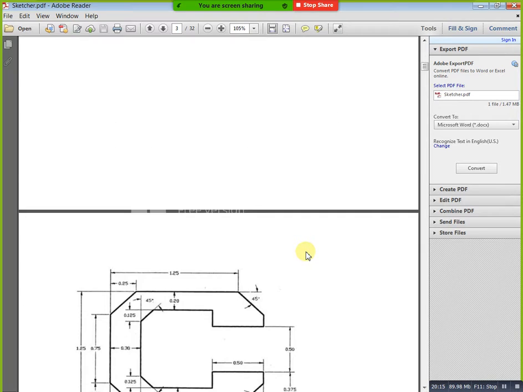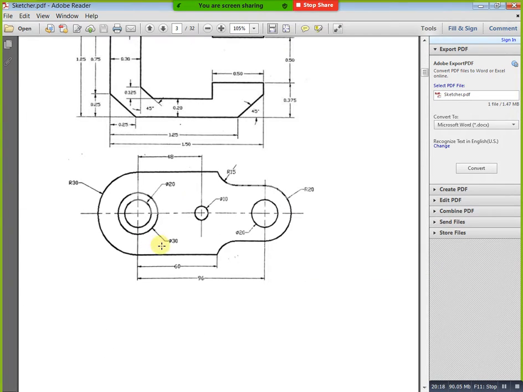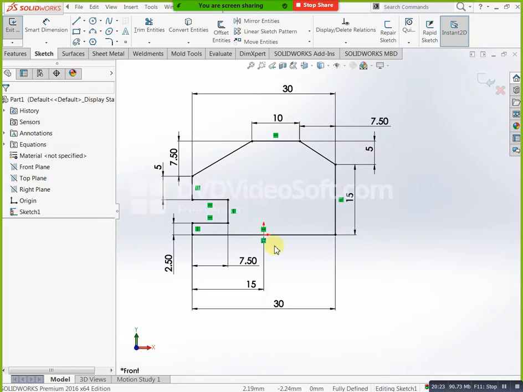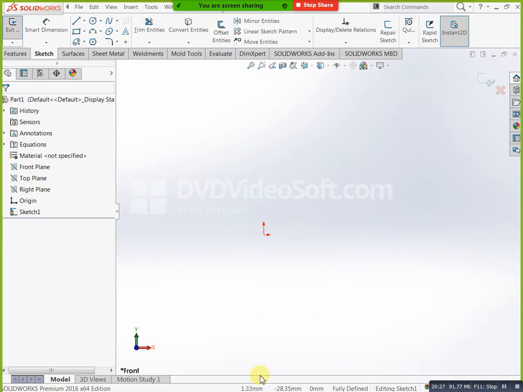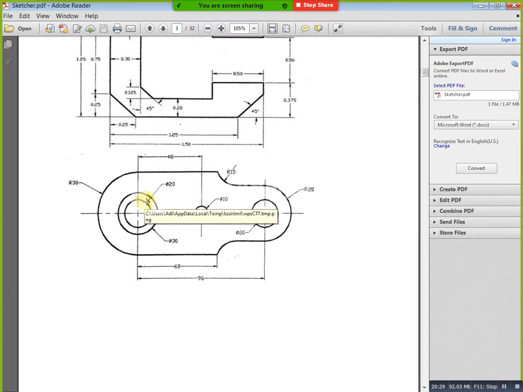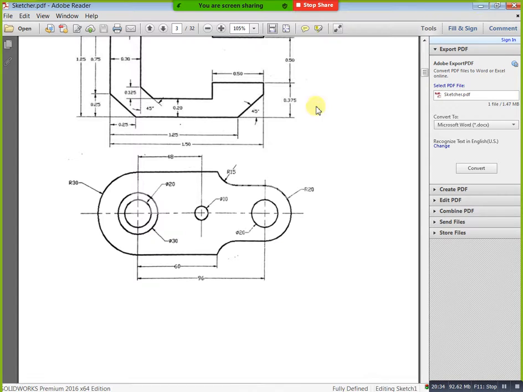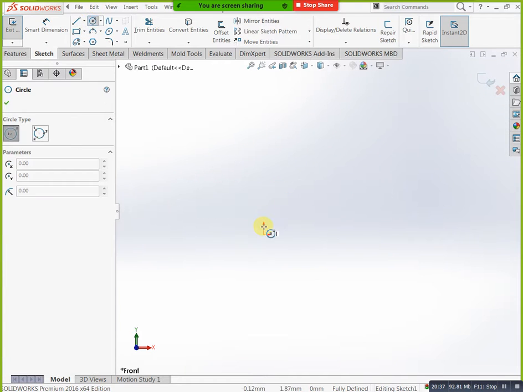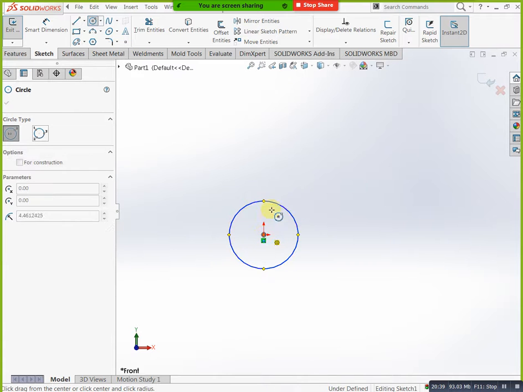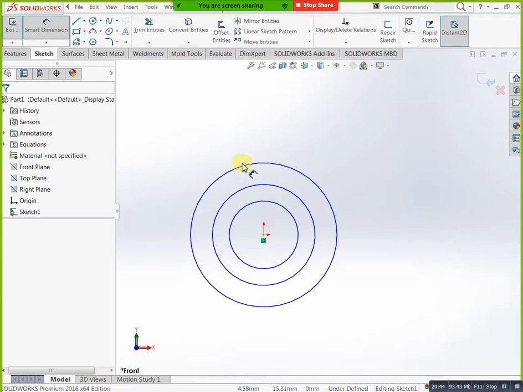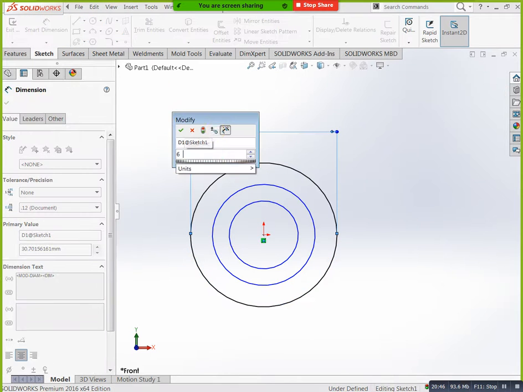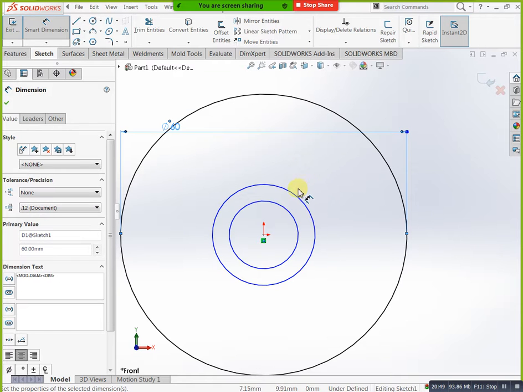Okay, next you can mention three circles here, smart dimension. Here you can mention 60 diameter, 30 radius means 60 diameter, no, 30 diameter, and here you can mention 20. Okay, next you can mention your line. Go here to here, totally 96 is there. This is radius 20, this is diameter 20.